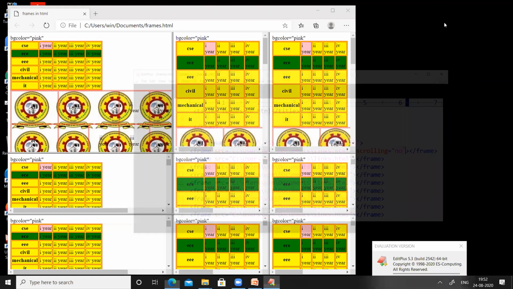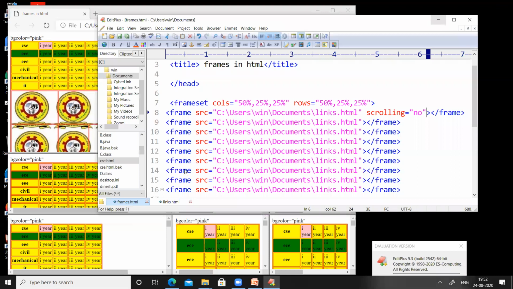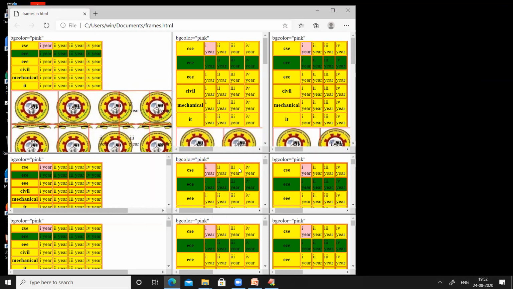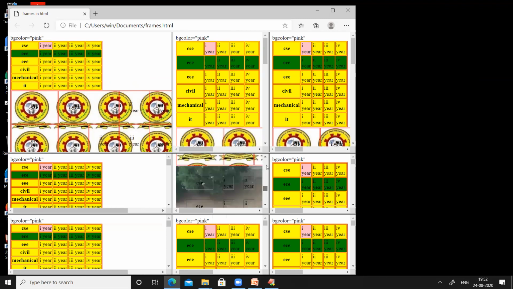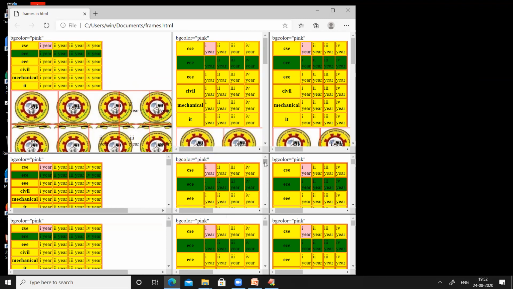And if we don't want to have the scroll bars for the middle frame also, for the middle frame also there are 2 scroll bars, and if we don't want to have these scroll bars, we have to use this scrolling equal to no option. So here this is the fifth frame, I think. First one, second one, third frame, fourth frame, fifth frame.